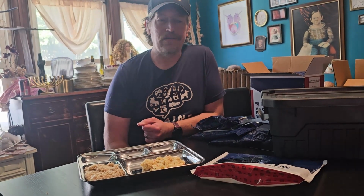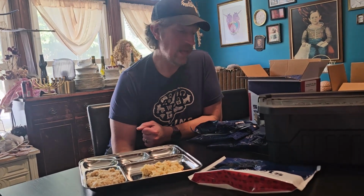This is also good for people who are on a budget. You may not be able to throw hundreds of dollars toward your emergency preparedness, at least not now, so you can start with small amounts. This is also a good long-term storage solution, because if you buy boxed macaroni and cheese, that's going to last you over a year in your storage. You just got to make sure you rotate it, which takes a level of organization that I don't think I have, but it does take organization. Another thing is